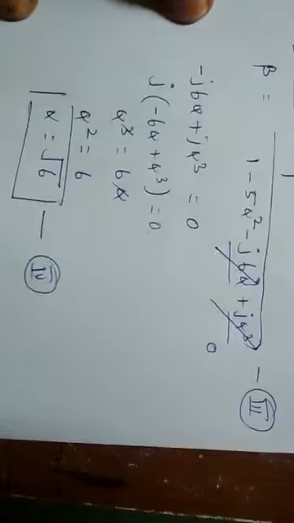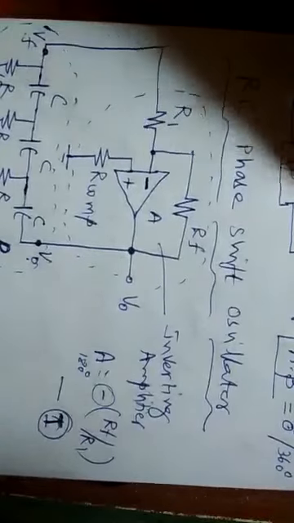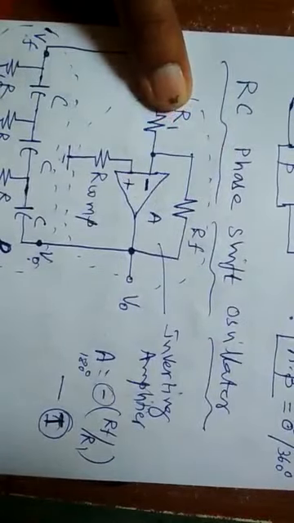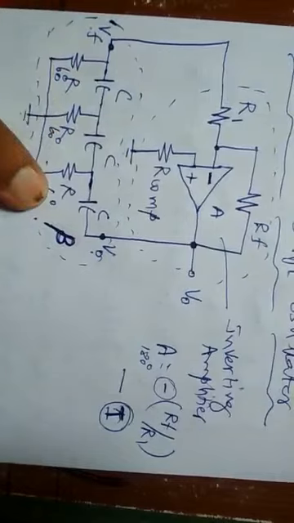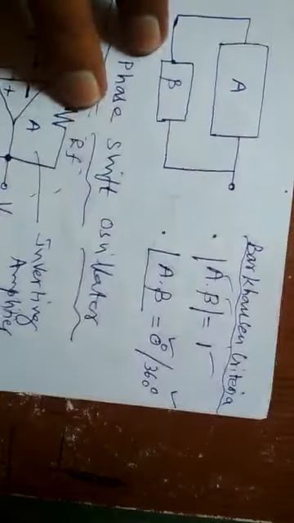This RF equal to 29 R1 has been proved by solving the expression for beta. So if we choose the values of RF and R1 in the design such that RF equals 29 R1, and properly choose the RC values in order to match the phase, we'll be able to solve